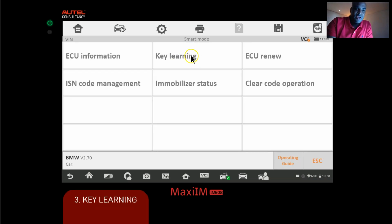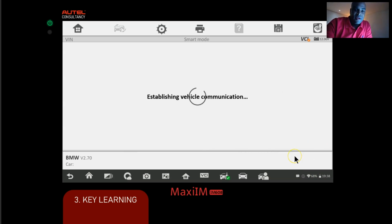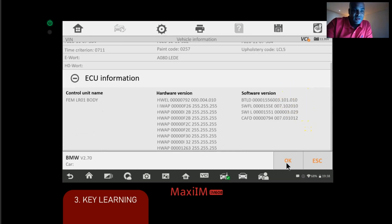Right here, key learning. All right, attention, this process requires networking to obtain data. So just make sure you have a strong internet connection at this point. Okay, we're gonna click OK, and then it's gonna give us a summary of the vehicle information. So you can see the model series, you can see the VIN number, the mileage, all those things, and some technobabble here. Okay, so we're going to click OK,